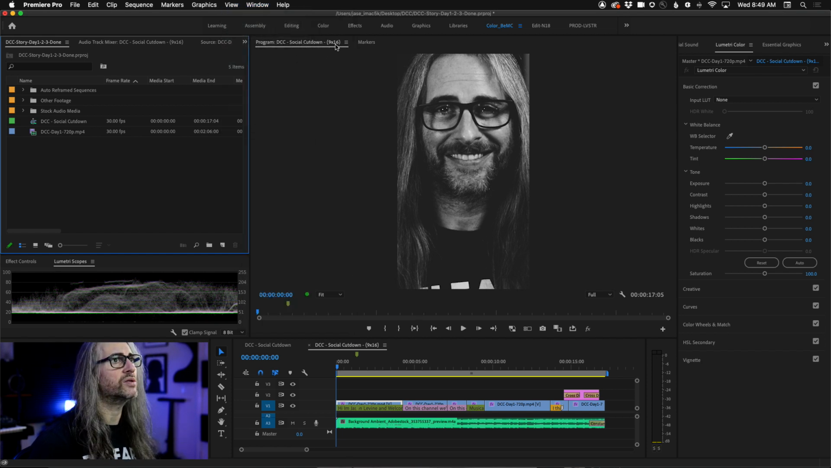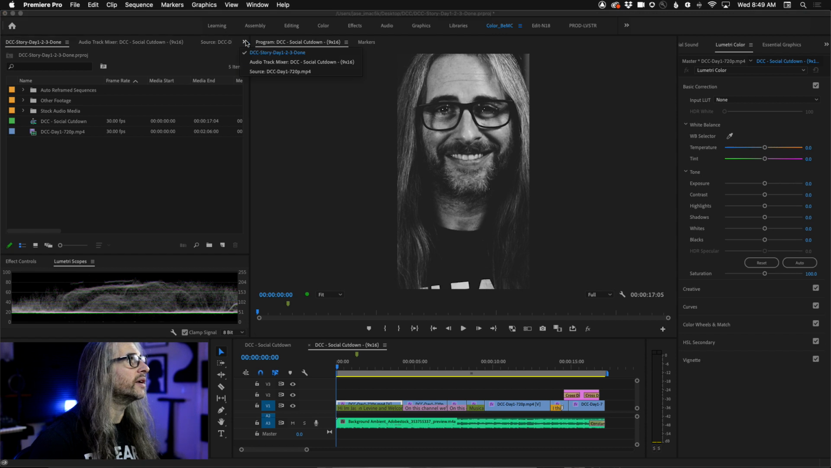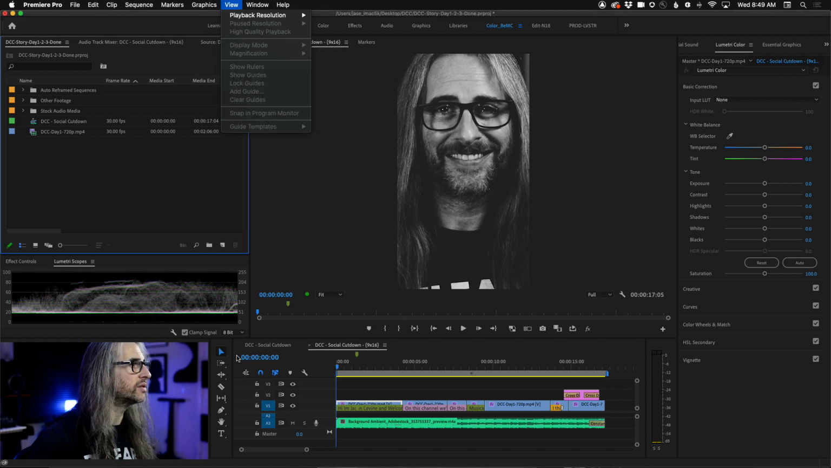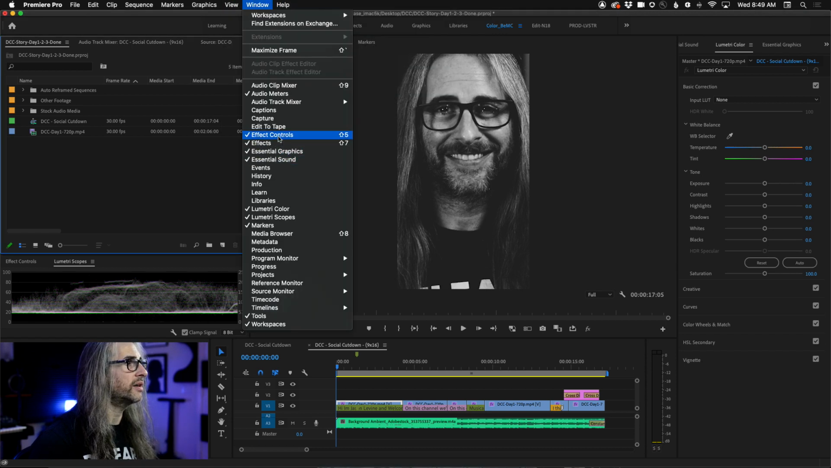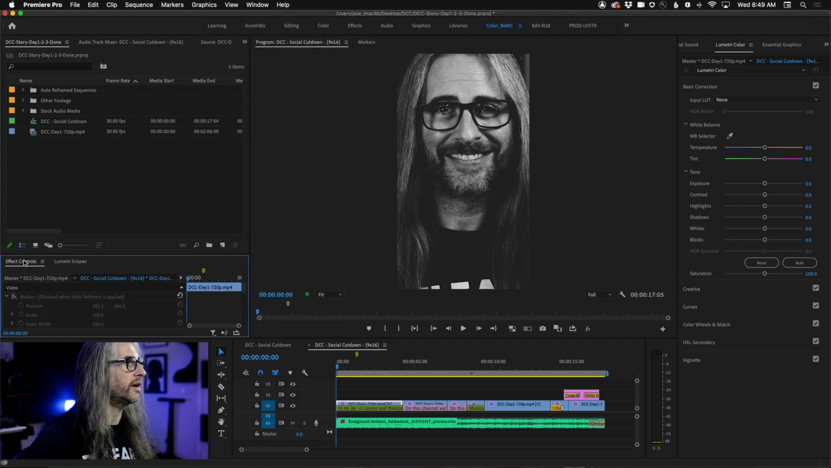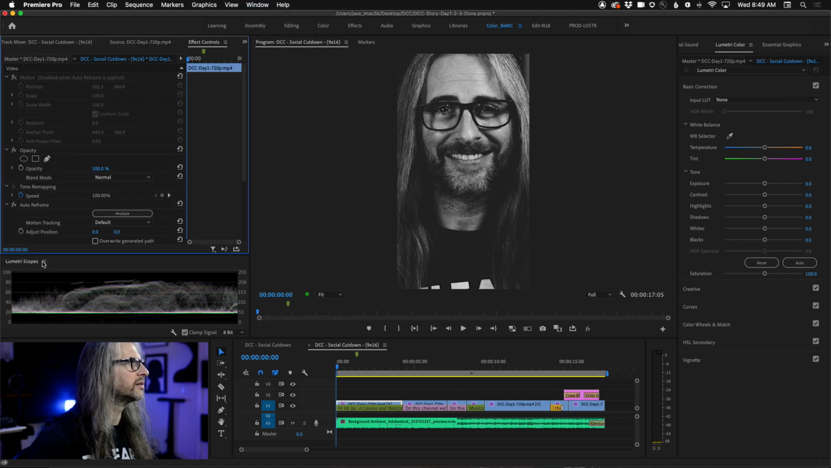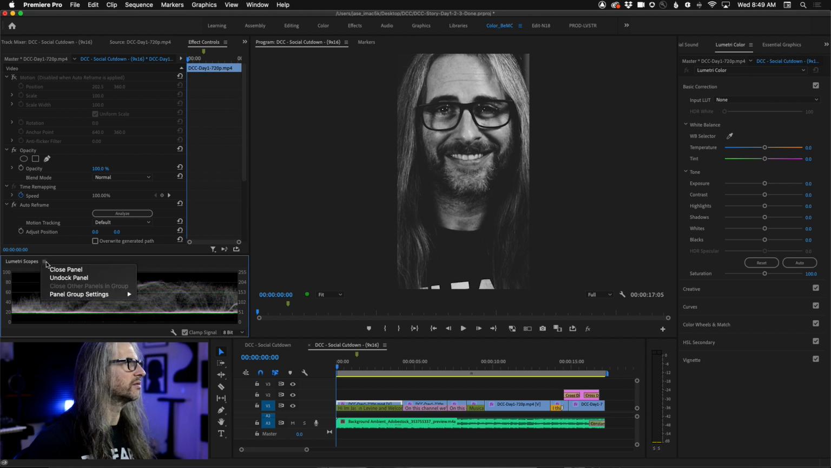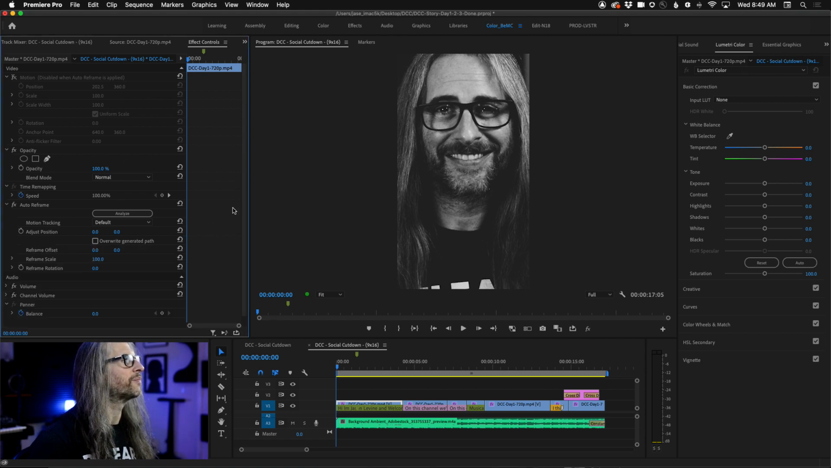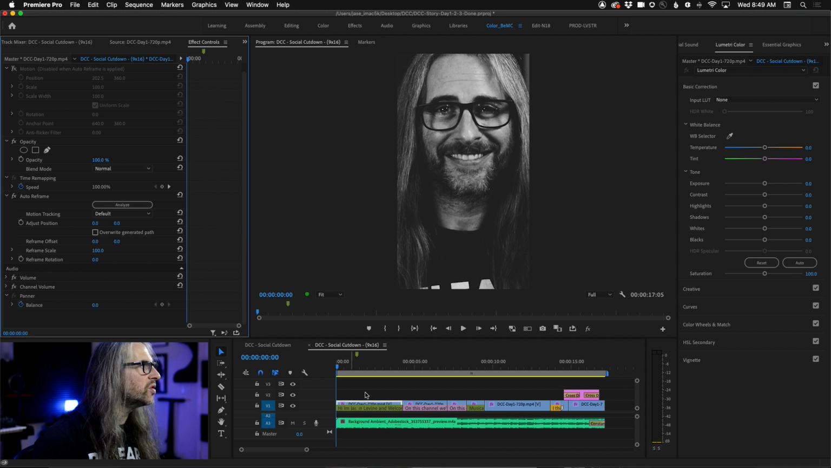controls. Where are those now? Are they here? Where are my effects controls? Here they are. How did Lumetri scopes get over here? Okay. So in effects controls here,